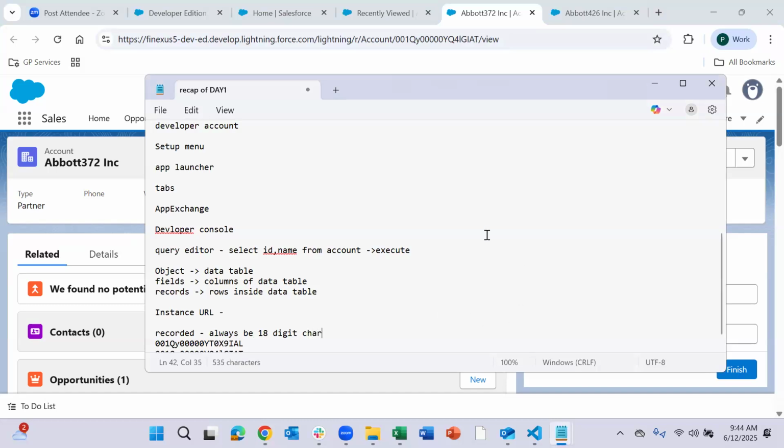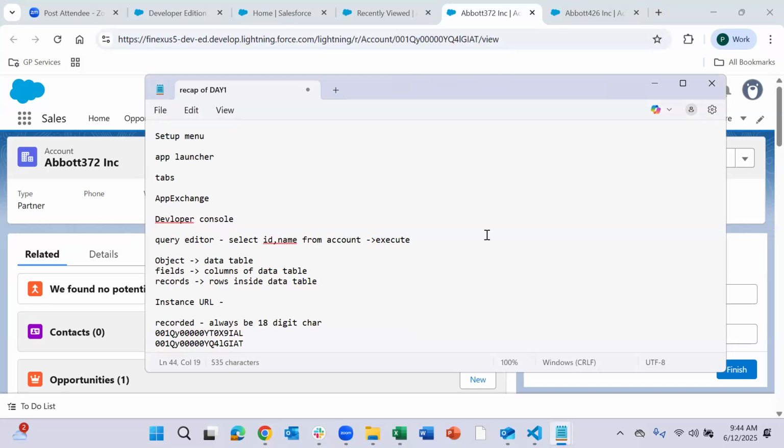And if you closely observe, the first 3 letters would be the same if the object is the same. That means based on the first 3 letters, you can identify which object the record belongs to. In this case, we are seeing the account object records, wherein the account object starts with 001.